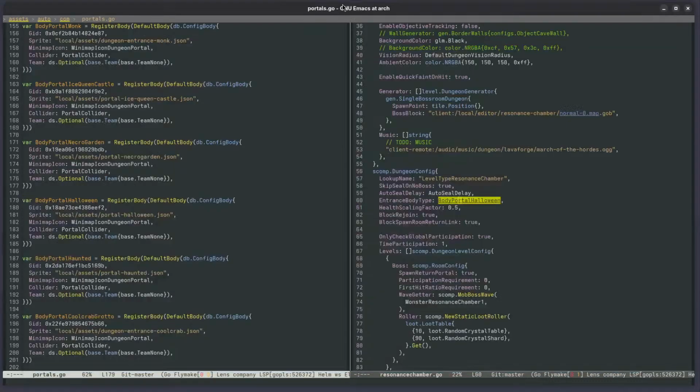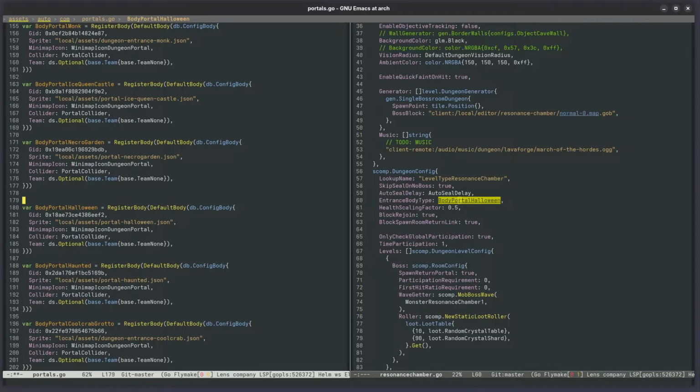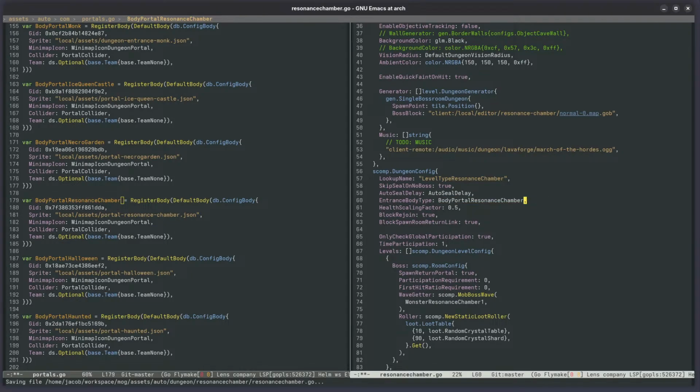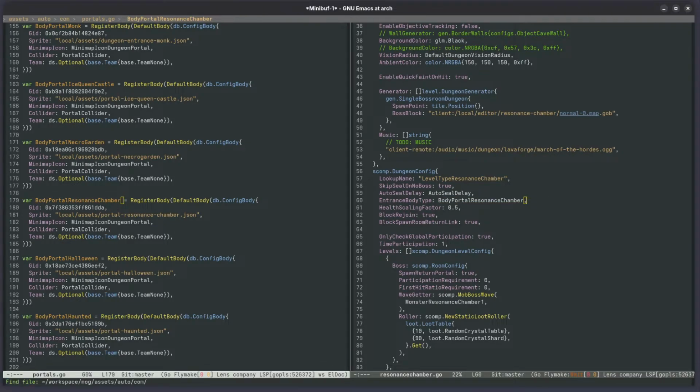Also, I just remembered, is this too big? That's that, and then we go to